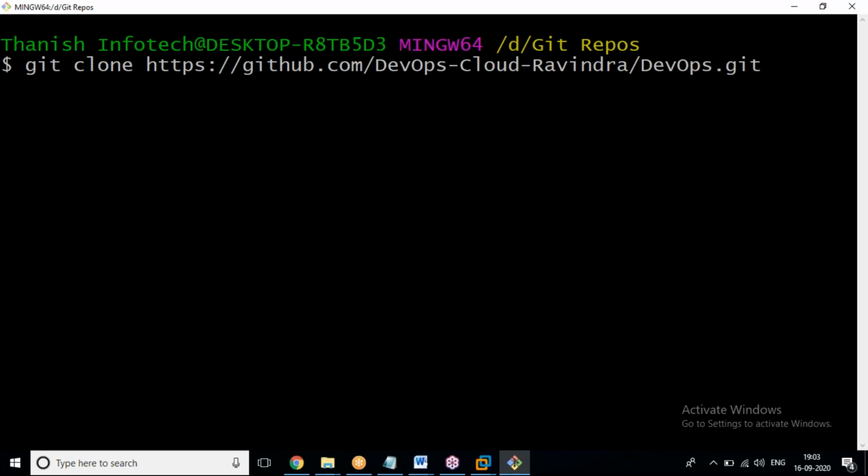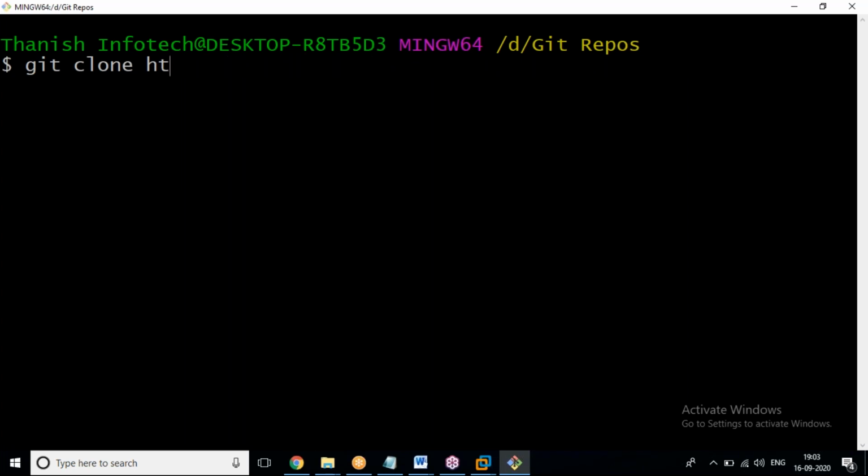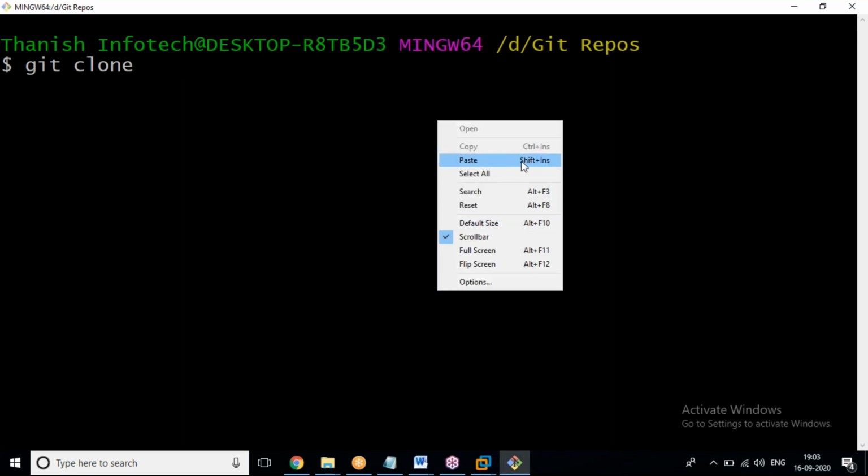Turn on the number lock, then apply Shift plus Insert and it will paste automatically. Or else, click the mouse right button and apply the shortcut key, paste.